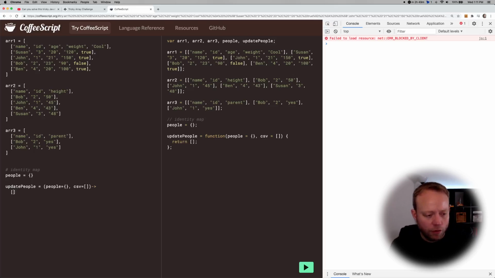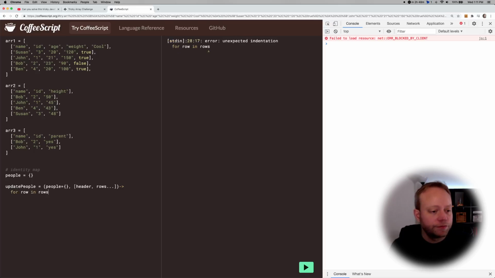So we're going to use destructuring, and we're going to basically say [header, ...rows] = CSV. Often when I'm doing something like this, I'll actually just destructure it right in the arguments, because why not? Then we've just got our header and our rows. Cool. So what we're going to want to do is cycle through all the rows of data. So for row in rows,